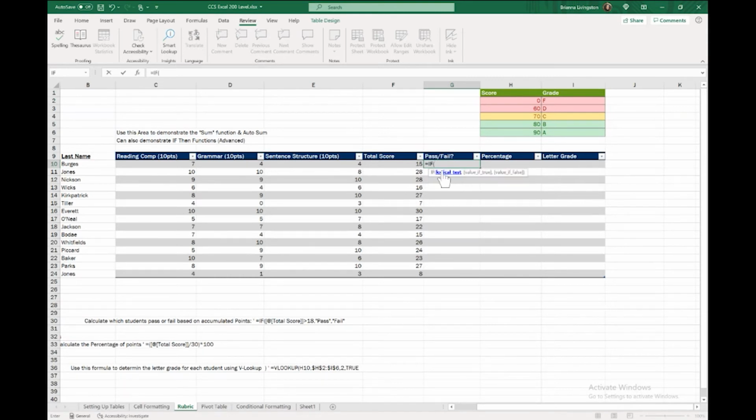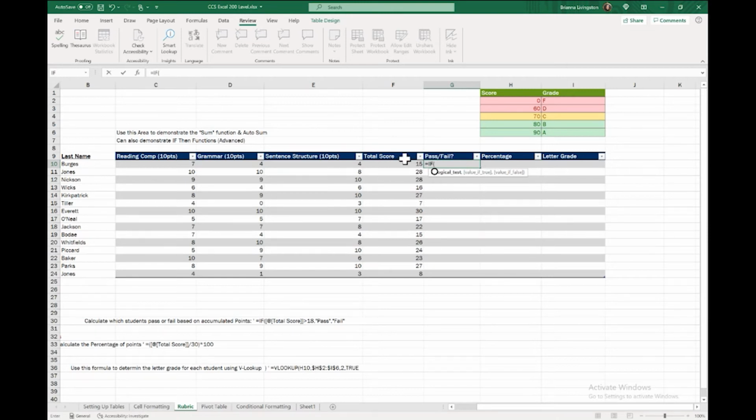So we're going to choose IF. Now you get these little white boxes that tell you what Excel is expecting you to plug in. This is a good way to learn the functions. Just go in a cell, type them in or select them. You can also go to the Formulas tab and look for the same function from the list, because you're not going to know them all by heart. Then see what type of information it wants you to plug in.